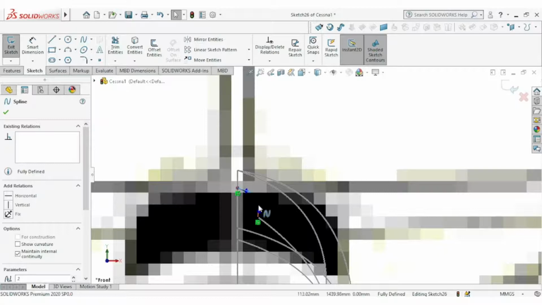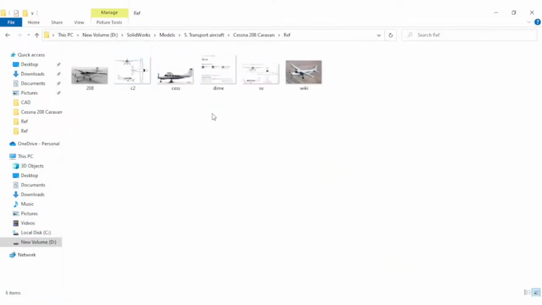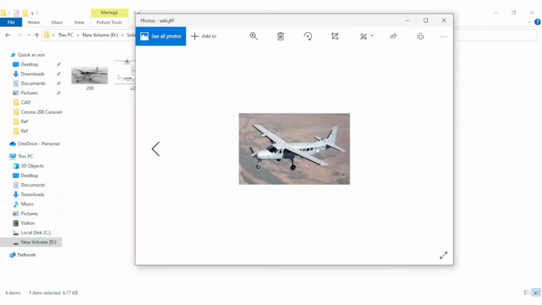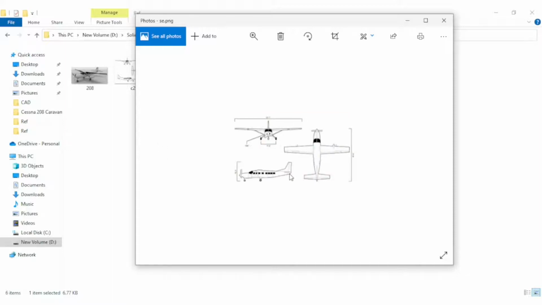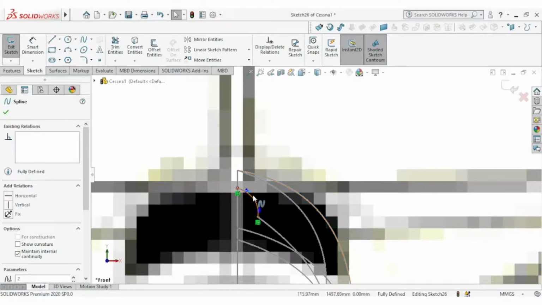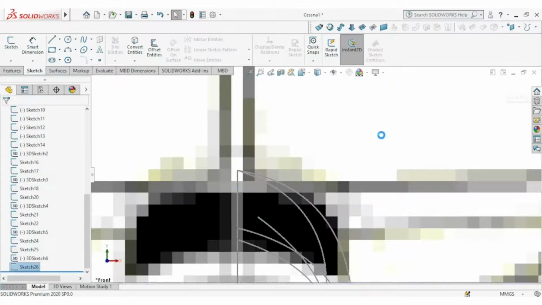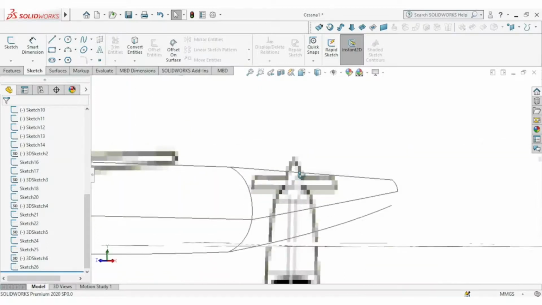If you're not so sure of the generated shape, you can always come and pick a reference image. So this is what we are looking at, this endpoint, this endpoint. And connect the last 2 points.